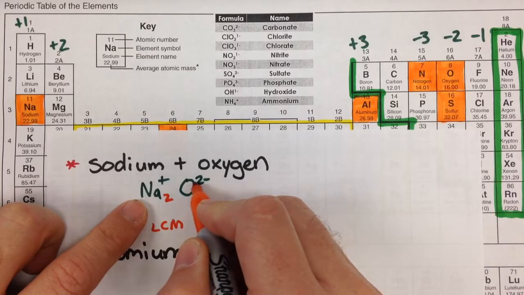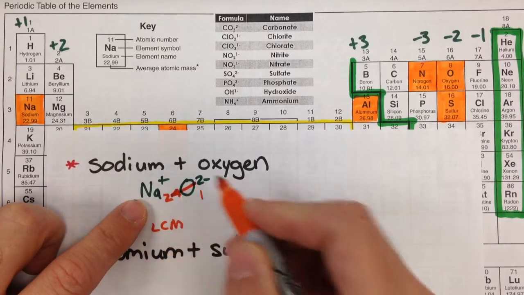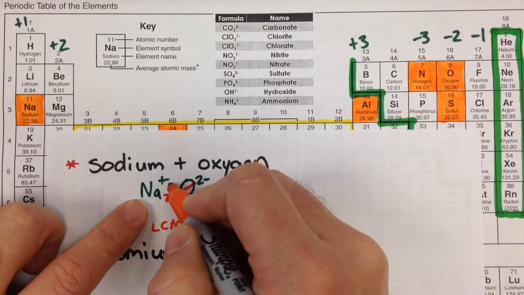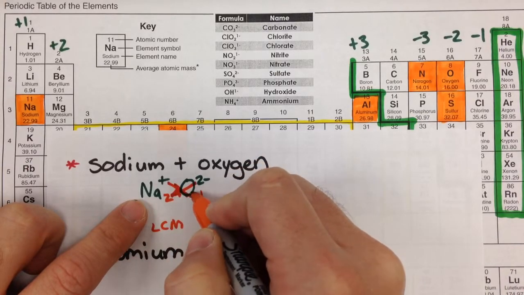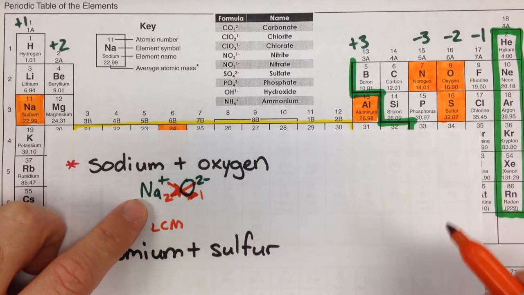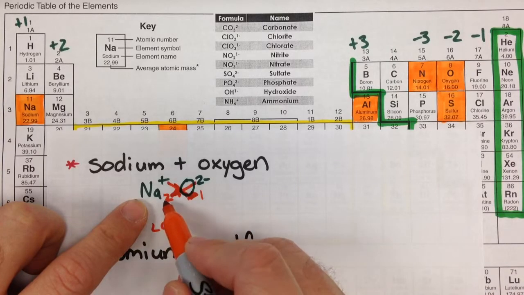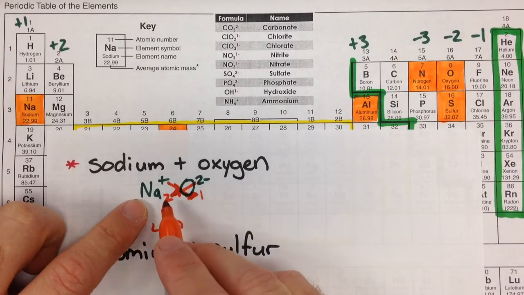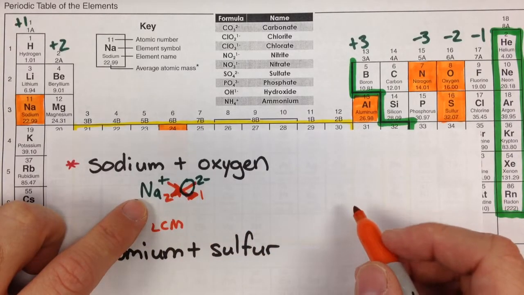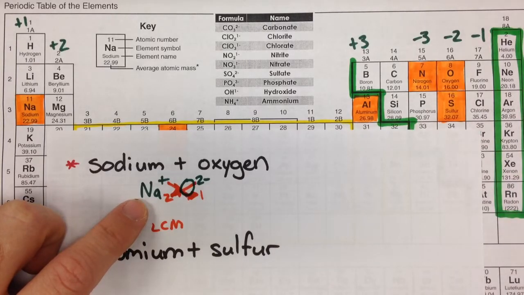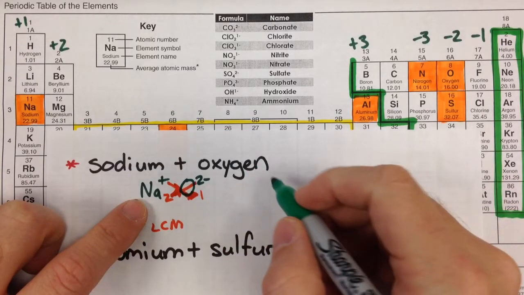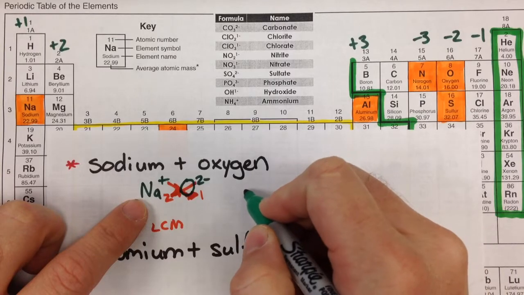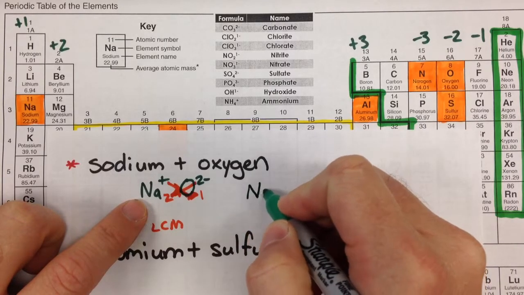The other trick would be to crisscross. Take the charge and crisscross it down. My arrow's a little messed up, but that's okay. You can see the subscripts would be 2 and 1 for sodium and oxygen, respectively. So let's go ahead and rewrite my final answer for the formula, nice and pretty. The formula here would be